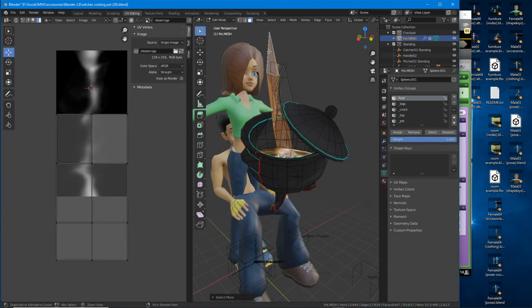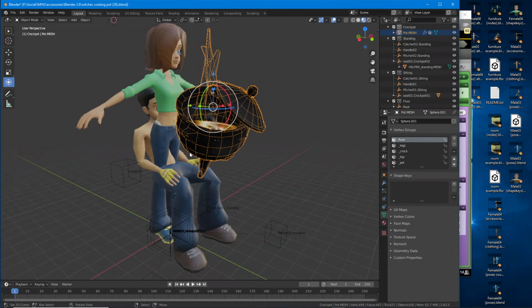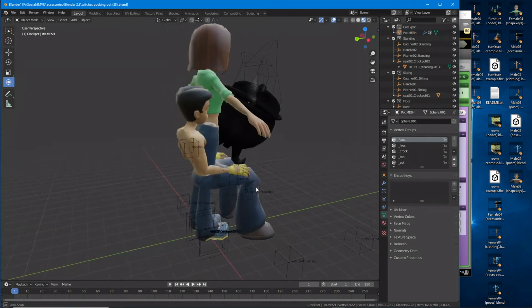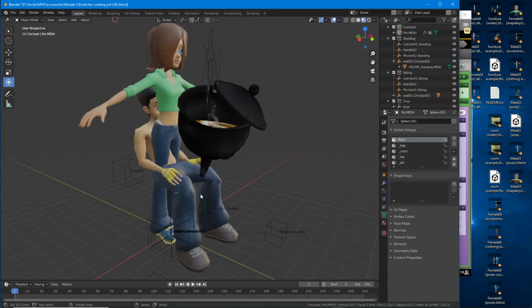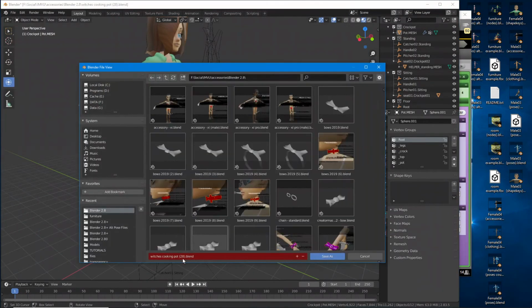So there's that. That's a little trick. So layout. So we're about ready to export this. So let's just save again. You don't need to save this many times, but